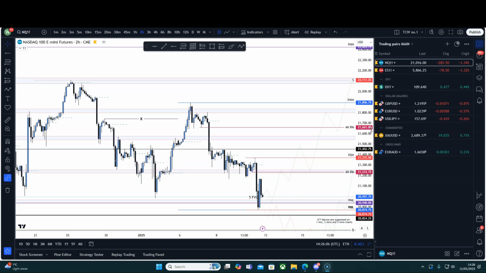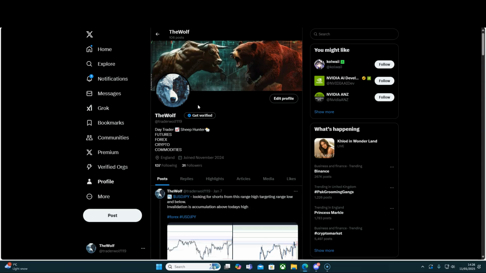And by focusing on only these pairs, it gives us a good read of the whole market, which helps us predict our weekly bias. And then we will use that weekly bias to form our daily bias each day. And that is when I'm going to post my setups here on Twitter.